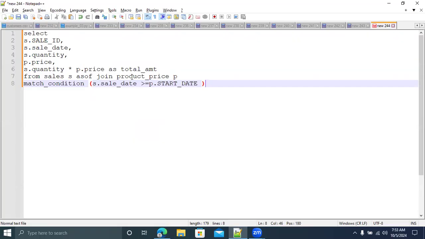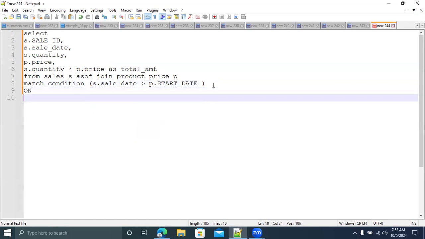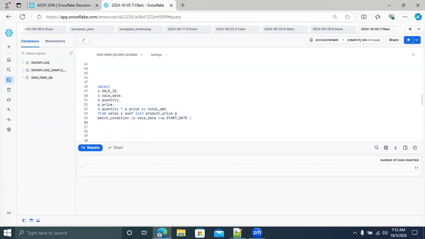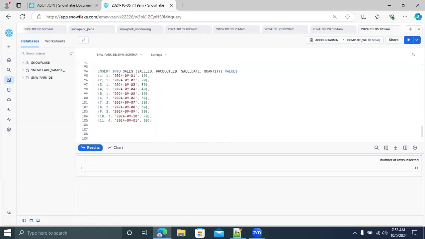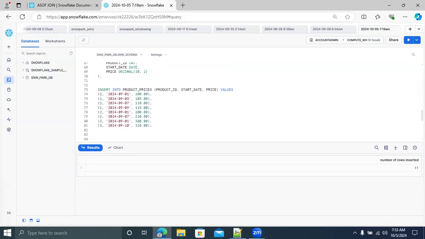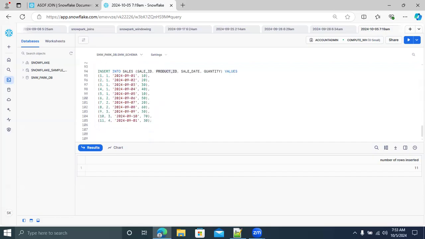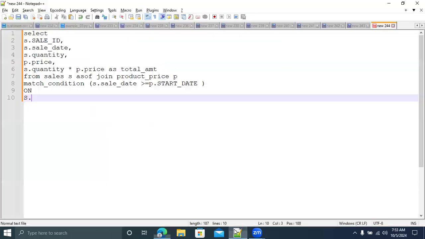Just as of join product prices, the match condition is written. What is the additional condition I have to write? ON clause, s dot, s dot. Here, product ID will be there. If you look at the two tables, what is the additional join column we have? Product ID. Here also we have product ID. We have to take this ON condition as product ID